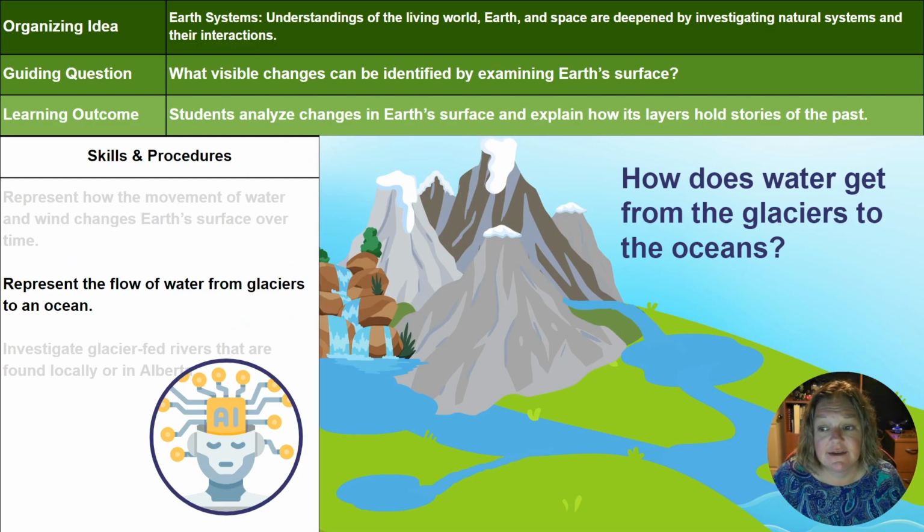We're asking students to represent something. So we're asking them in this case to represent a flow of water. So at a very simple level, just putting the steps that water would go in from the glacier down to the oceans is going to be very simply covering the computer science skills and procedures, where we're asking students to put instructions in order. Maybe if we ask them to analyze their instructions and look to see if they have any mistakes, we're working into some of that debugging and refining instructions as well,